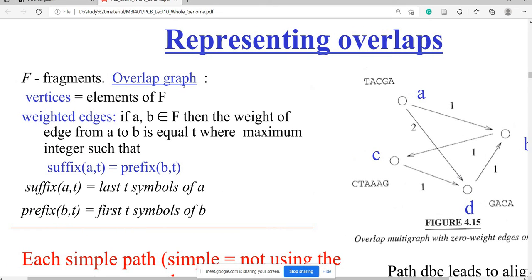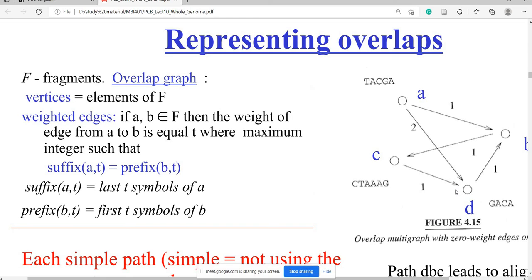F is the set of fragments, so in the overlap graph the vertices are the elements of F. This is the graph which represents the different fragments, with four nodes A, B, C and D. There is a weighted edge if A and B belong to F, meaning whether A and B can be fragments or not.